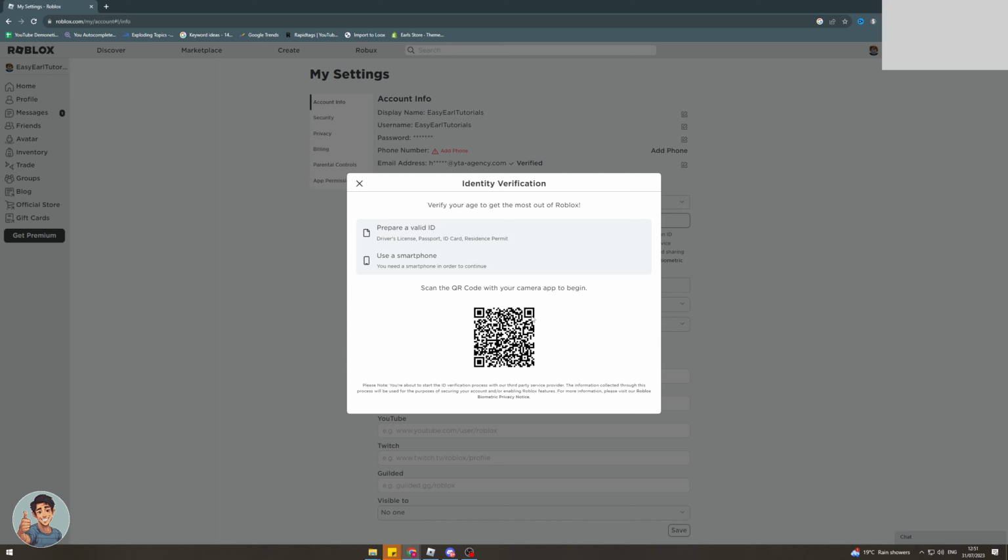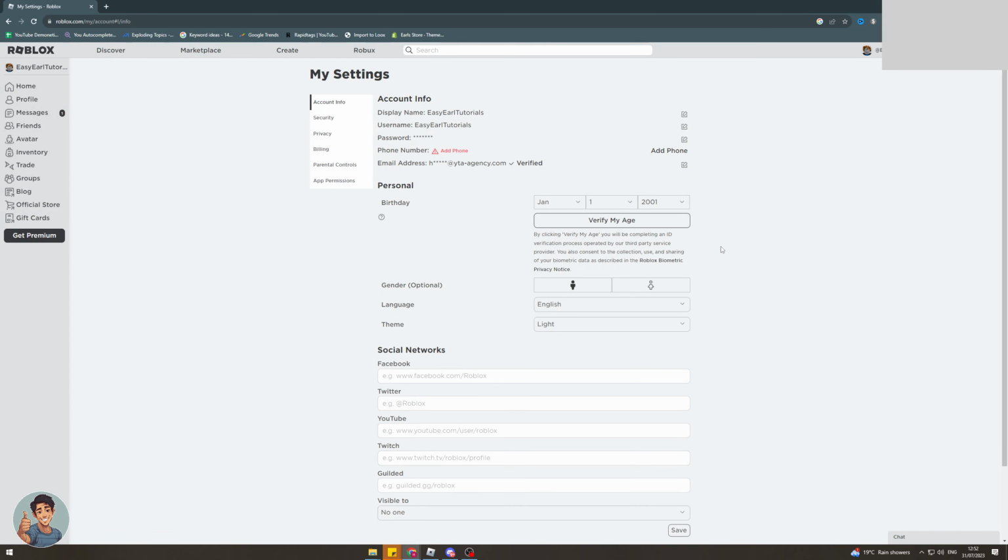or just the camera. Scan it and it should open up a website. Once you open the website, you should be able to verify your ID. So it's going to ask you to take a photo of it and then a selfie, and it should verify it automatically very quickly. Then once you've done that, your ID should be verified and you can use other settings